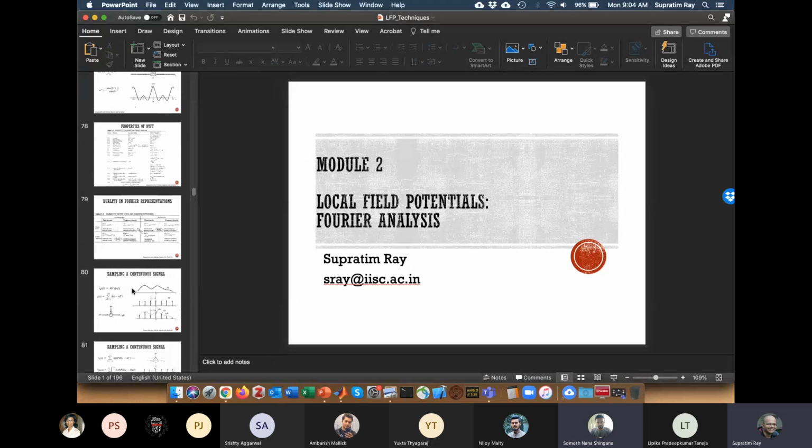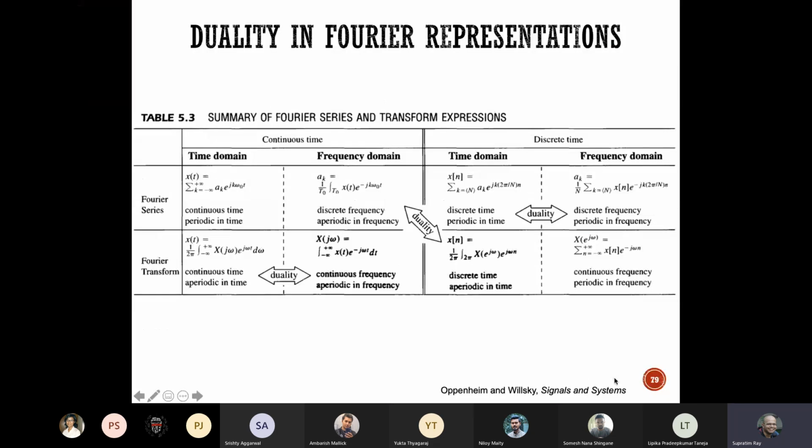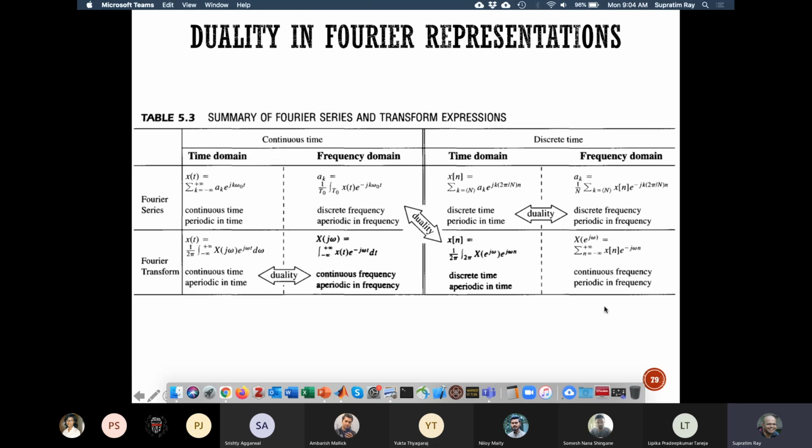Okay, so I'm hoping we'll be able to finish the Fourier analysis, the theory of Fourier analysis today, and we'll get back to the data in the next class. So this is where we were approximately speaking. We had talked about 4 types of Fourier